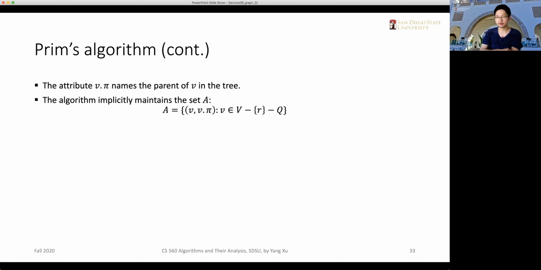Although all the edges and the vertices are stored in the tree, and eventually it is the tree object that we return, it's implicitly maintaining a set. So for any vertex V in the tree, we use V to its parent to indicate an edge. That is an edge from V to V's parent. And V is from this set, meaning all the vertices, excluding the root vertex,